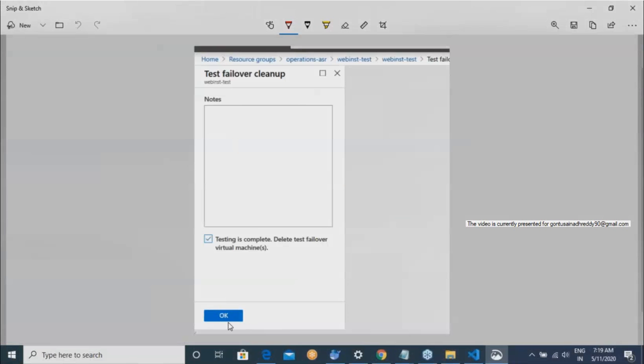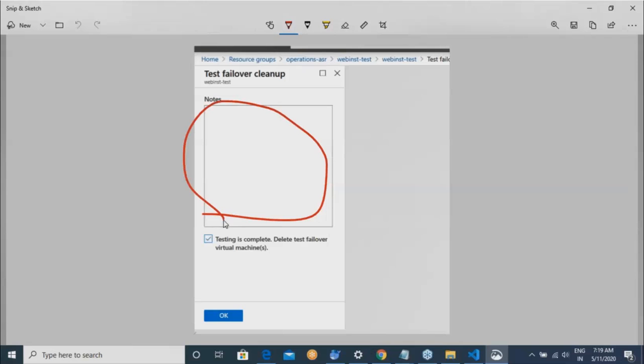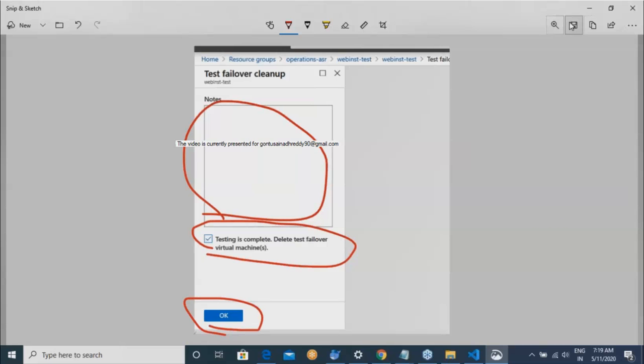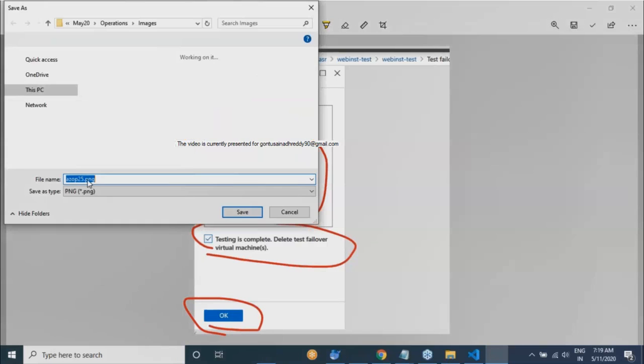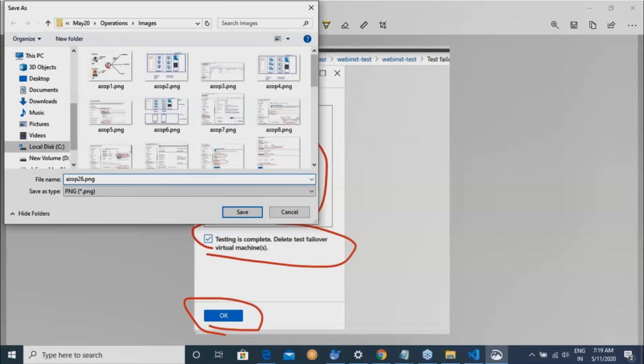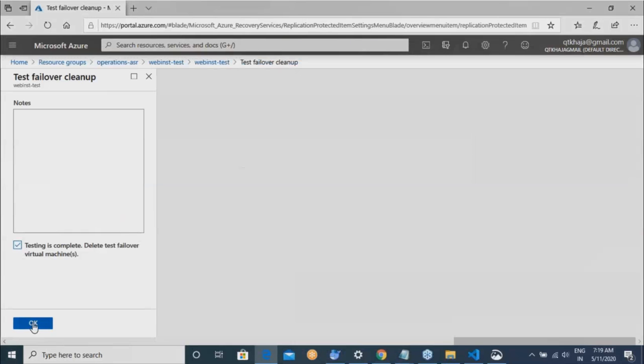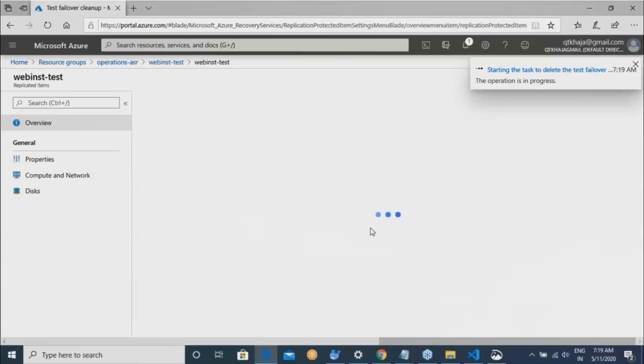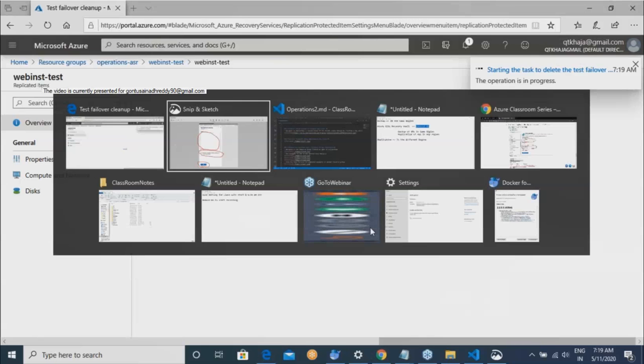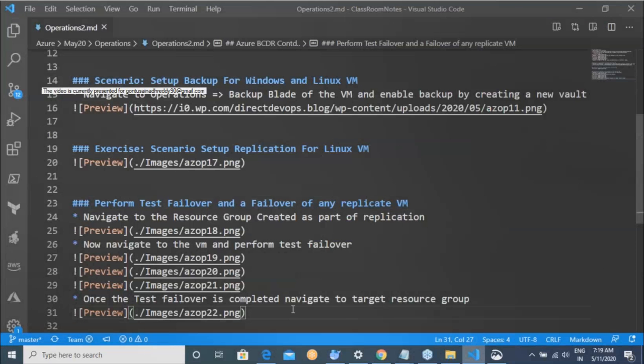If you want, you can write any notes. Select this option and then do OK. That's it. So this is basically to give you confidence that your failover is happening.